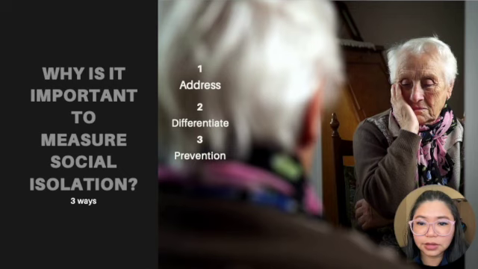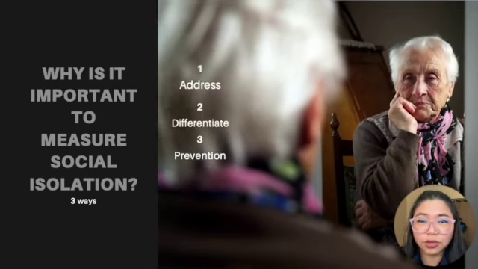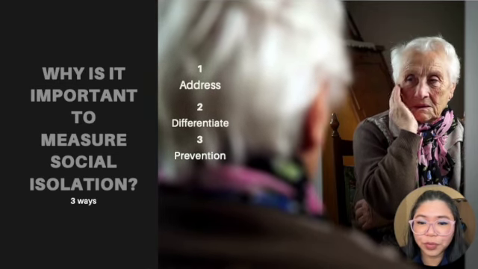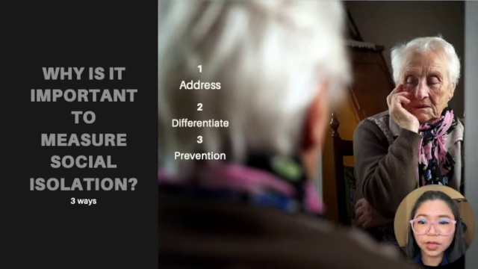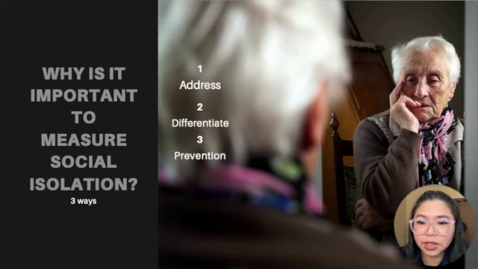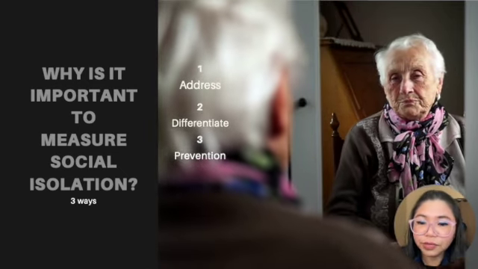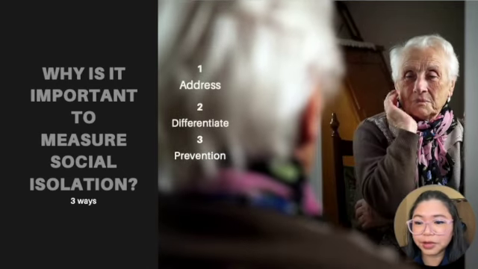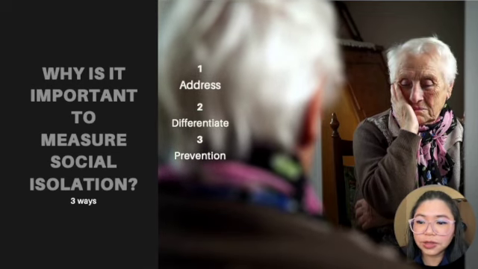There are 3 reasons. First, social isolation is a significant health problem for older adults, and using a tool helps us recognize and address this issue. Second, using a tool will help us differentiate between social isolation and loneliness. These 2 experiences have different implications and require different approaches for assessment and intervention. Number 3, measuring social isolation helps us better understand its true meaning, recognize its impact in older adults, and ensure